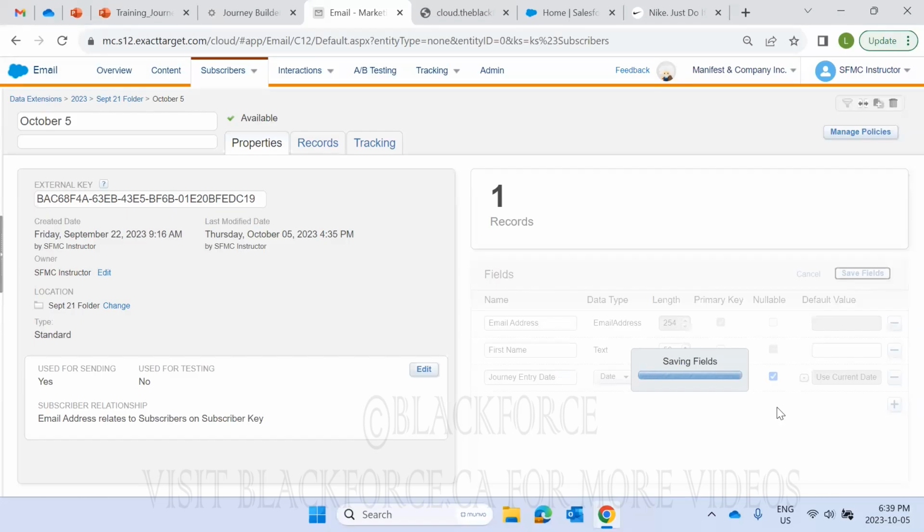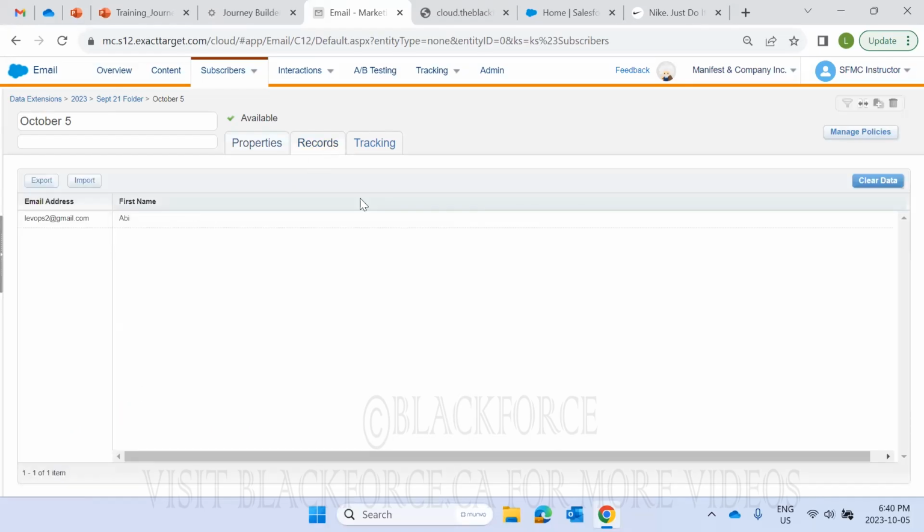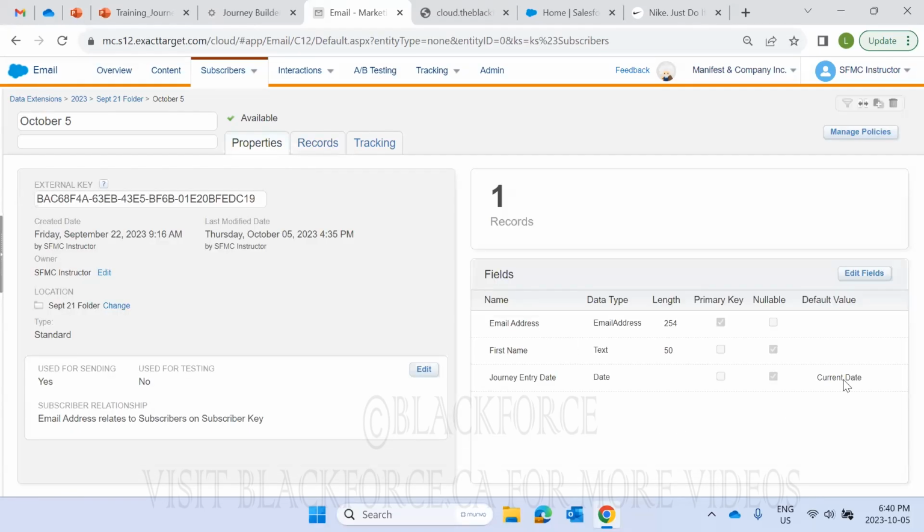And now, if I wanted to capture additional info, such as, what's an example? I'll use this. Okay, so whenever any record enters this data extension now, we're going to see the current date and time that they entered that data extension. So if I wanted to capture something else, such as